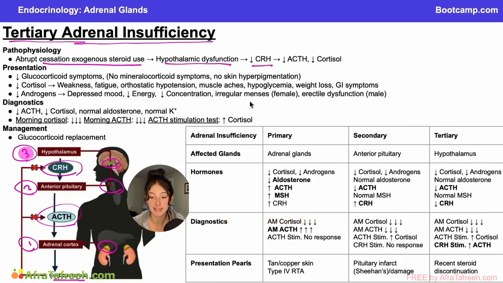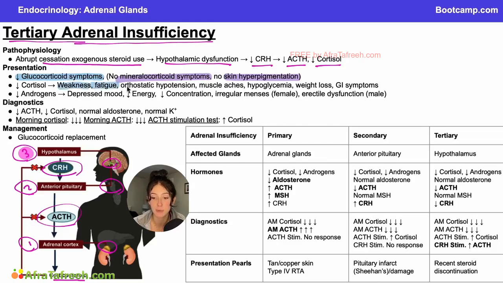CRH is not traveling to the anterior pituitary, so the anterior pituitary is not secreting ACTH. And that will lead to a decrease in cortisol because there's nothing to stimulate the adrenal cortex down here to release that cortisol. This is going to present with all of your classic signs of cortisol insufficiency, so all of your glucocorticoid symptoms. You're not going to have any mineralocorticoid symptoms with this presentation, so you won't have any skin hyperpigmentation or any of those symptoms of low aldosterone, but you will have decreased cortisol, and that will lead to